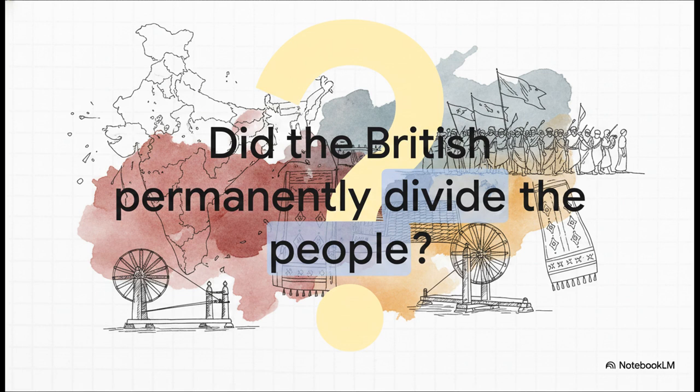And this outrage directly triggered the Swadeshi Movement. Millions of ordinary citizens, women, students, workers, stepped out of their homes to boycott British goods. We're talking public bonfires burning foreign cloth. Instead, they championed Indian-made goods, setting up things like the Tata Iron and Steel Company and leaving government schools for brand new national colleges. And politically, it changed everything.